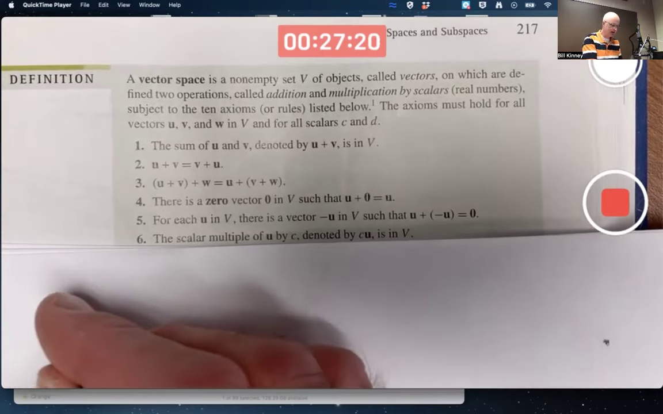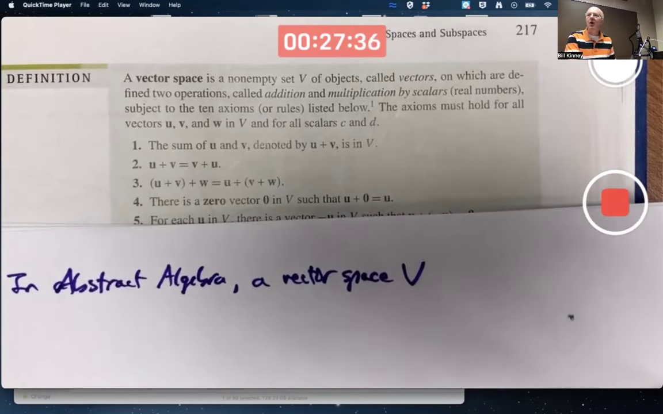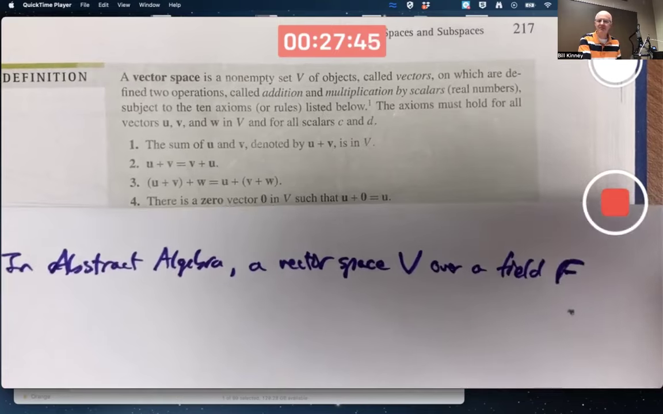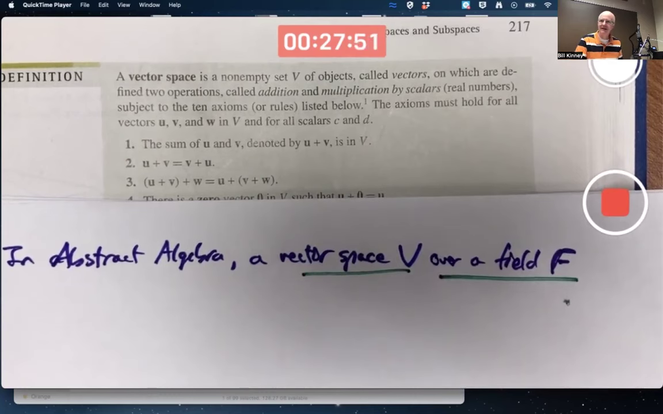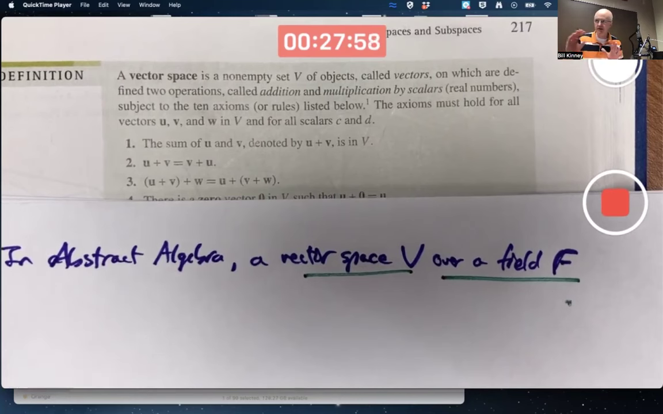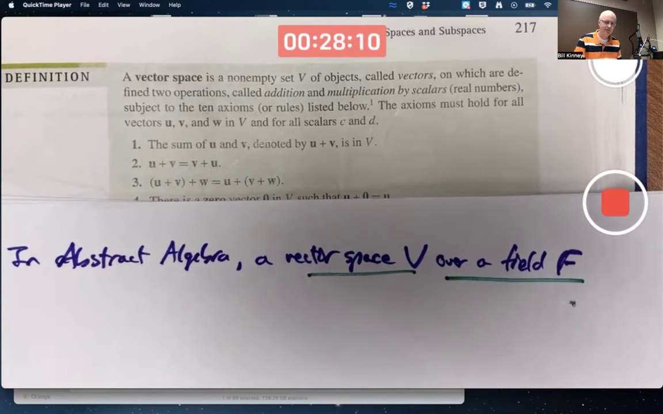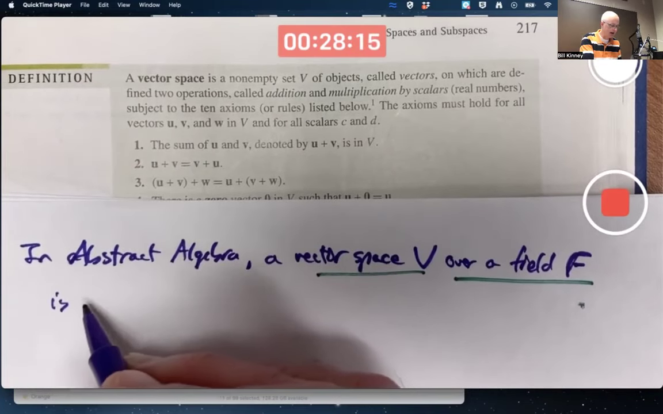In abstract algebra, a vector space V over a field F is something new. A vector space over a field F is the new way we describe what a vector space is, where F is an arbitrary field in the abstract. It can be any field. You could call it a field of scalars, and the multiplication is going to be a scalar multiplication. A vector space over a field F is, well, let's be as brief as we can here, an abelian group